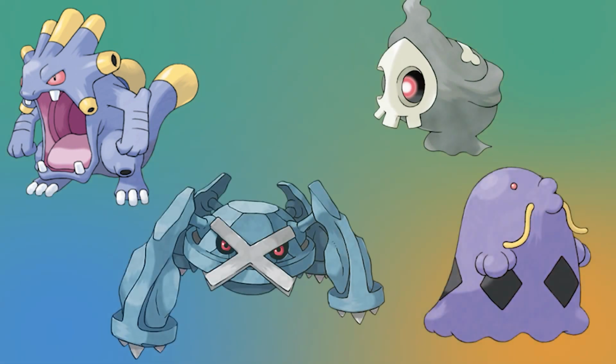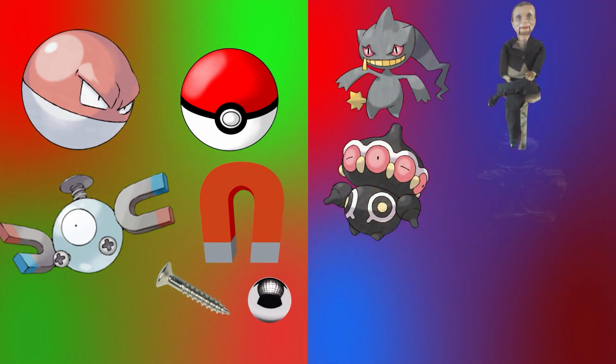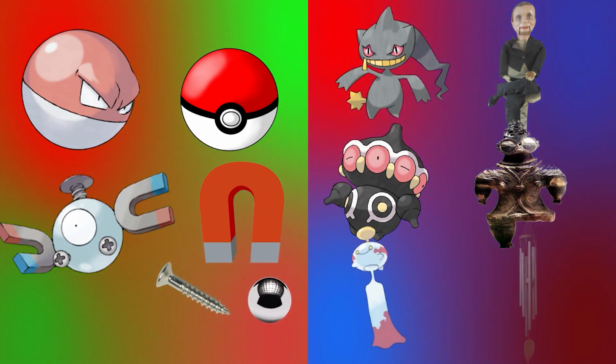Duskull, Swalot, and Metagross. One specific thing I should note about the object-inspired Pokemon of this generation. While Gen 1 object-based Pokemon like Voltorb and Magnemite basically just look like the objects that they're based on, the designs in Generation 3 are a bit more subtle. They definitely take inspiration from specific objects like wind chimes or a possessed doll, but don't directly copy the appearance of those objects. This is relatively unique to this generation, as object-based Pokemon in other generations tend to more closely